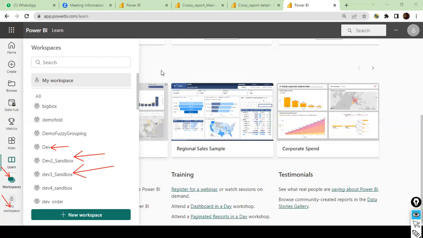So now, this is just a quick overview of the navigation of the Power BI cloud service. And the next one, what I will do is I will jump into the